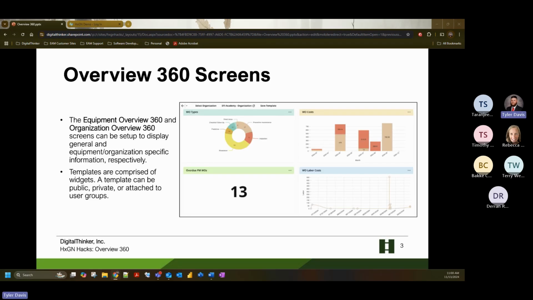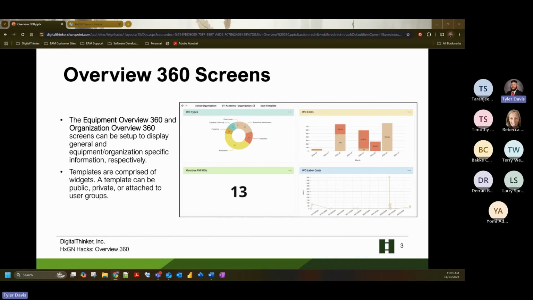I'm not sure how familiar you guys are with Overview 360, but it is available in EAM, and it's typically found underneath your equipment menu. A lot of the time the screen does have to be added to your user group in order for you to find it. The Equipment Overview 360 and Org Overview 360 are screens used to group and template information together in regards to your equipment and organization specific data points, and plot them into neat visual analytics,